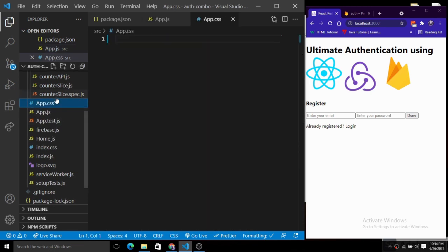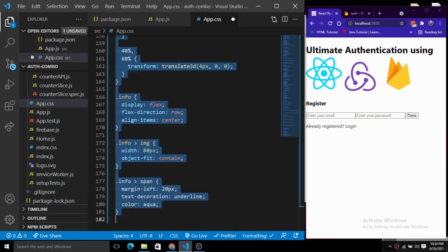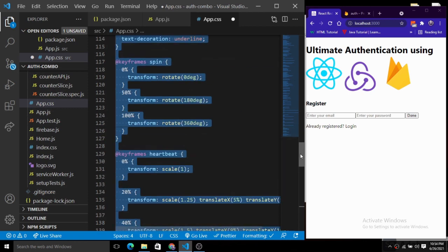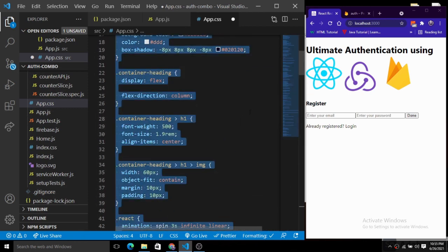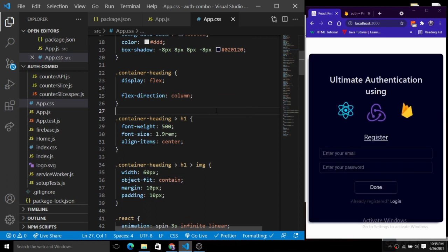So inside of this app.css we just paste our whole CSS code here, and let's save that. If you have any issue with styling and doing these designs, we have added a repository on GitHub. You can go and check out that repository on GitHub. We will provide the link in the description. So we have this authentication card here, but it is not functional yet because we need to make it functional.